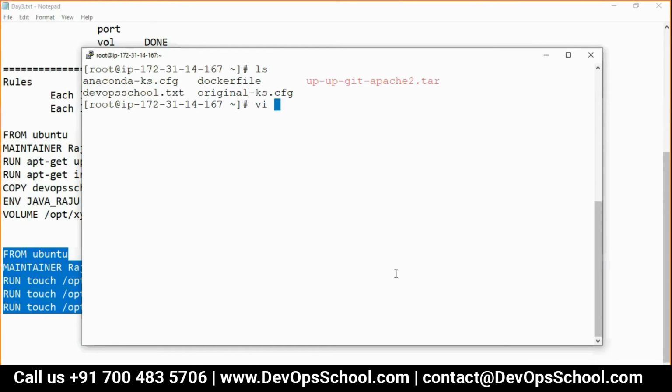Now, I have one file named Docker file. So what to do now, because you can't have 2 files with the same name in one directory. So vi, I'll name it doc2. Okay. File name I changed to doc2.